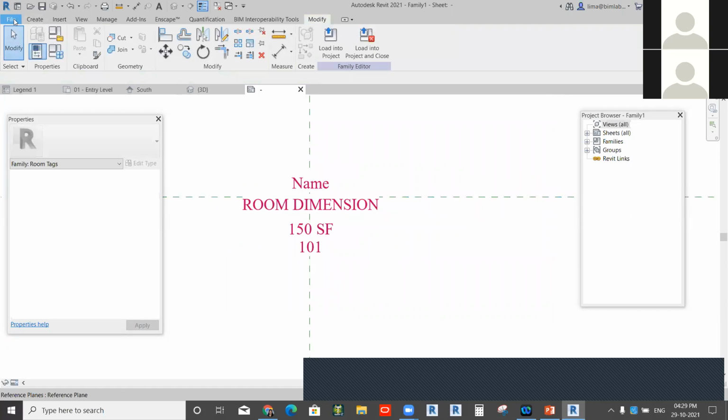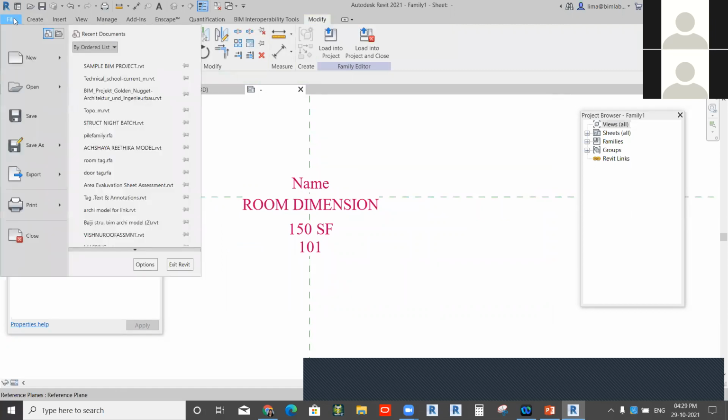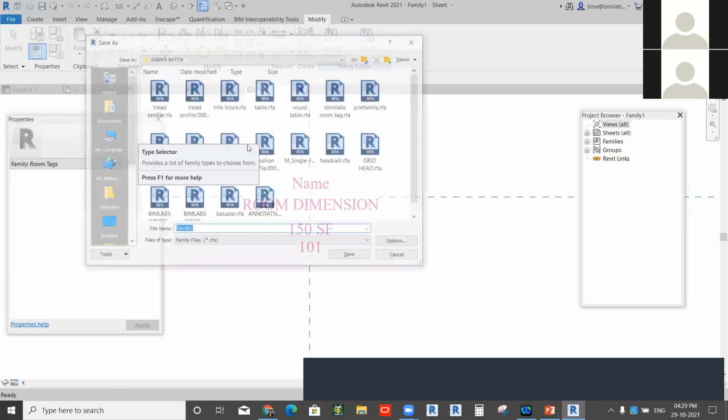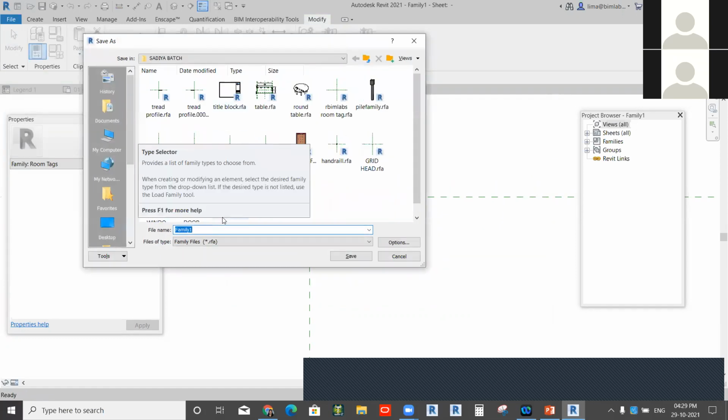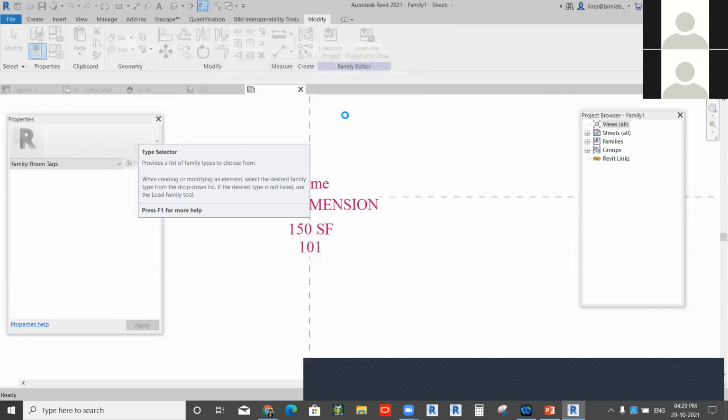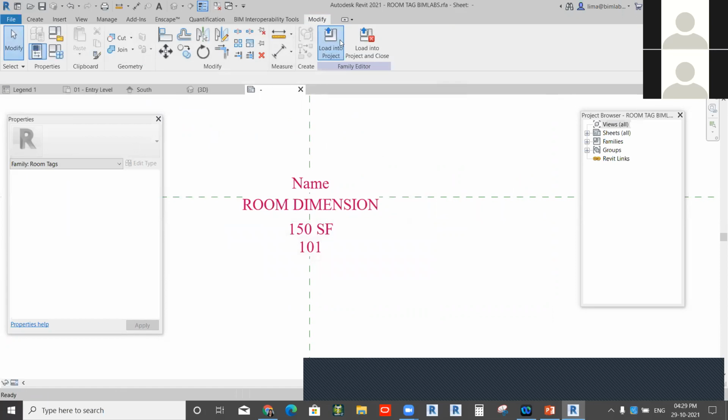Then, while you are creating a family, everything you need to save individually as a file. So go to Save As Family. If I'm saving this as a room tag, then only go to Load into Project.